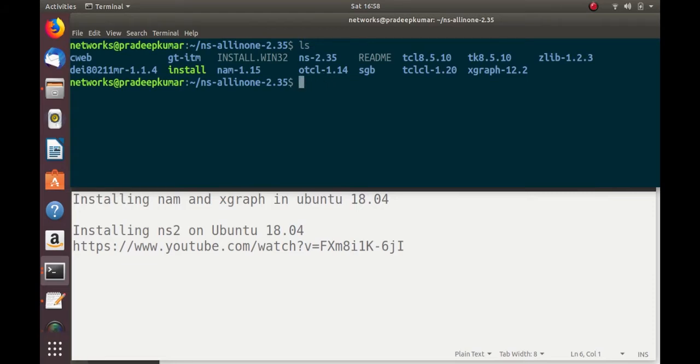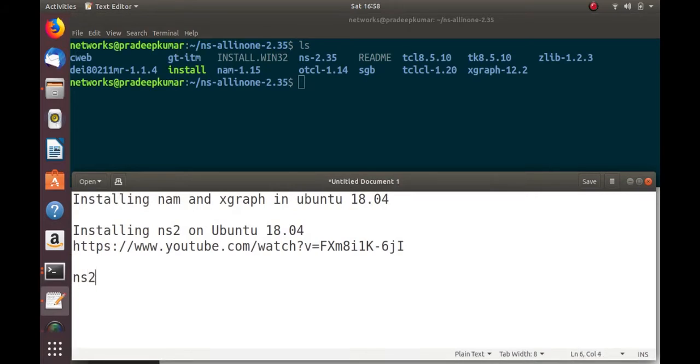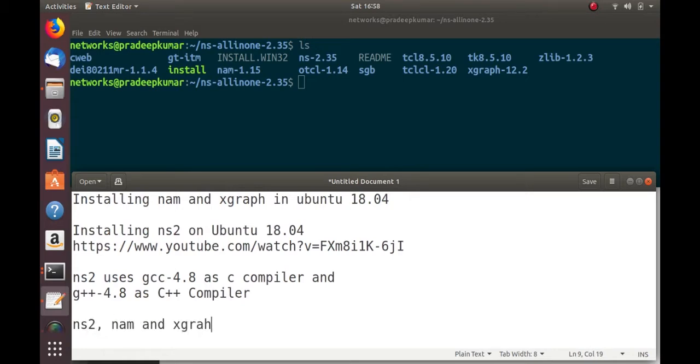Before that, we have some statements: ns2 uses gcc-4.8 as the C compiler and g++-4.8 as the C++ compiler. Starting from ns2, NAM and Xgraph, all these software were comfortable with the 4.8 version.